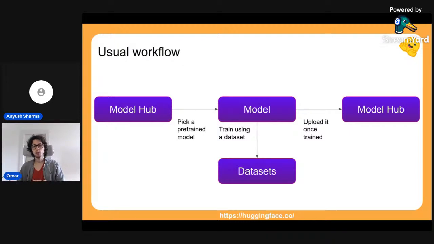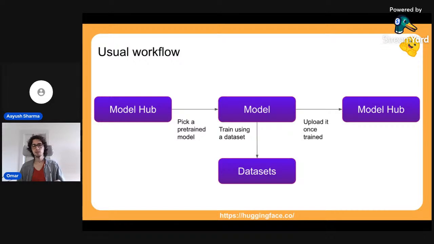It might be able to write summaries, for example, of biomedical data. So the workflow here is that you usually go to the hub, you find a pre-trained model for this. You also need to get a dataset, and you will train this model, or you will fine-tune this model using this dataset. The output of this will be a new model, and what most people do is that they can go to the hub and then they can upload the model again. So it's nice, you go to the hub, you find a model, you fine-tune it, and the result you share with the community. There is this missing component, which is datasets.